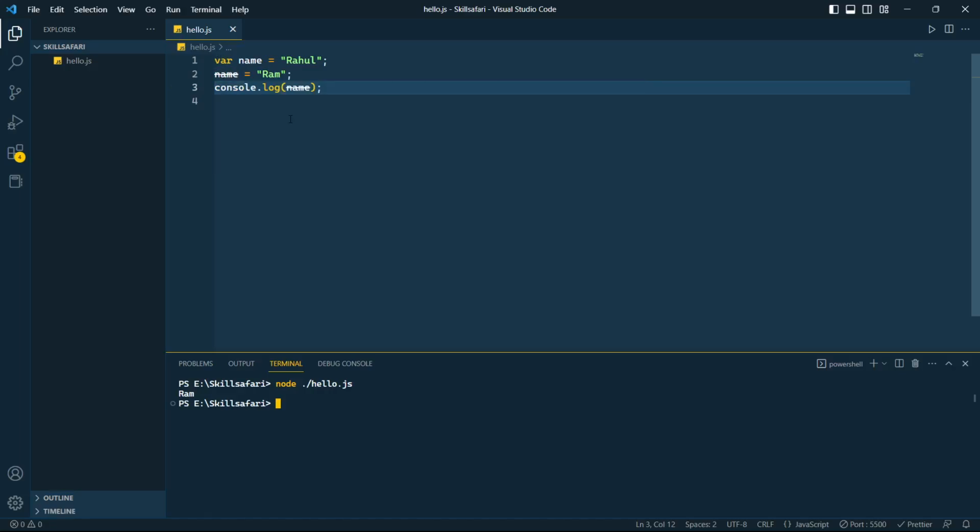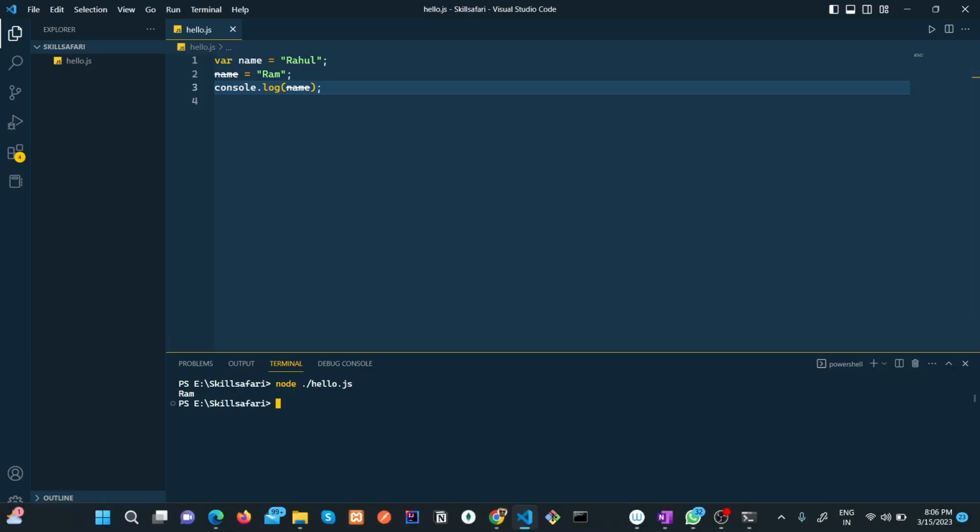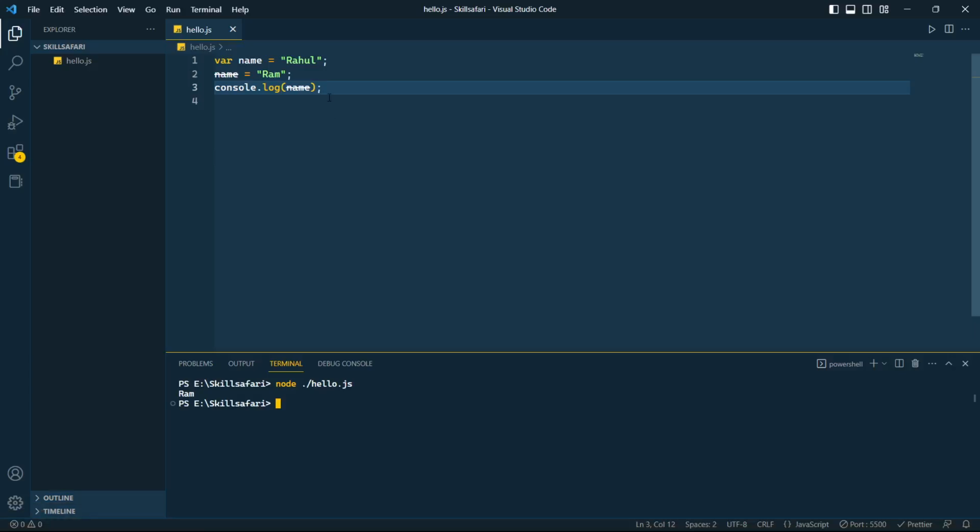So we can change this data type if we have already defined the declaration, like name. We can redefine the name variable again. So var is a very kind keyword, and it will allow you to change the variable name. Understood?